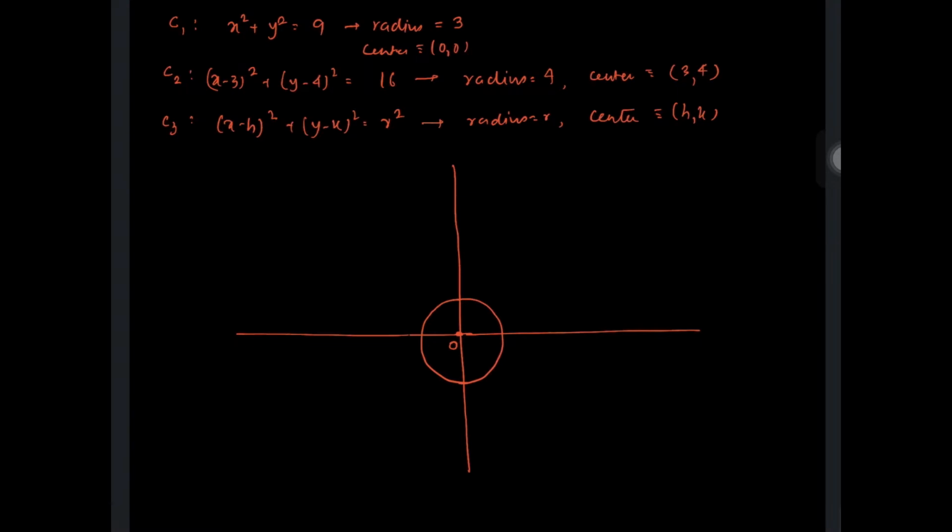So this is C1, whose one point is 3, 0, and another circle C2, whose center is at 3, 4, can be drawn like this. Okay, and it is given